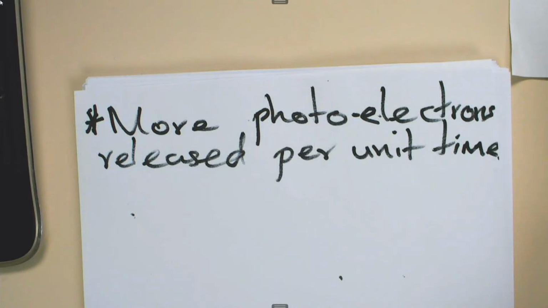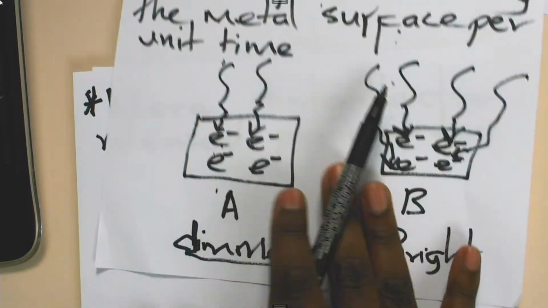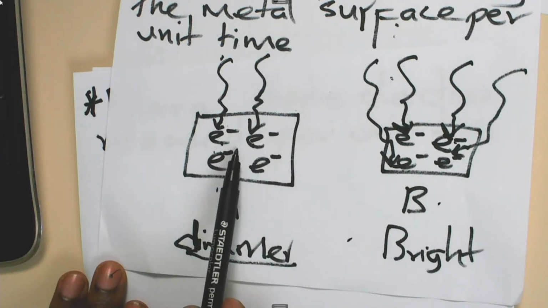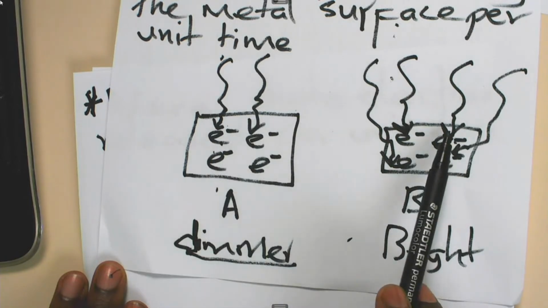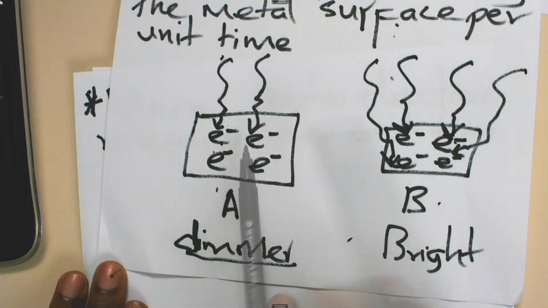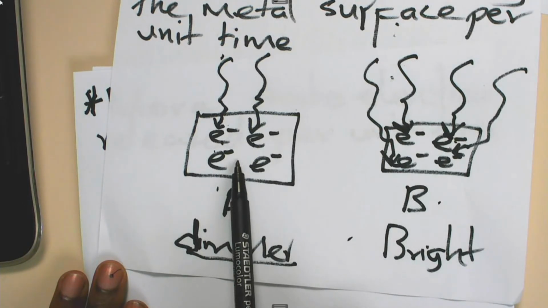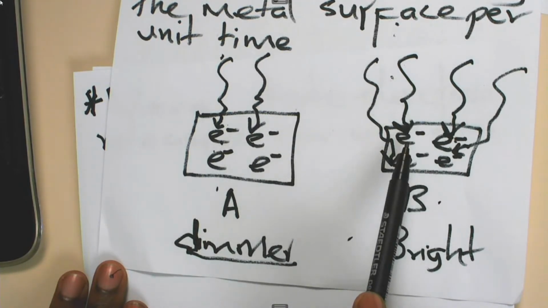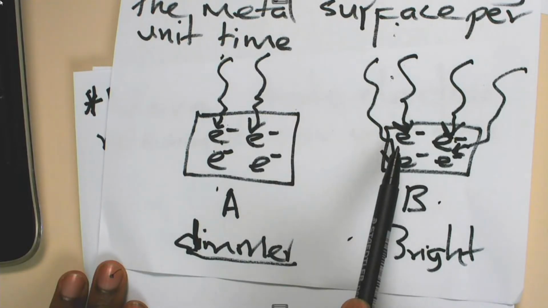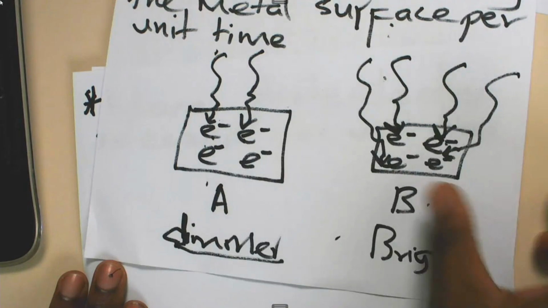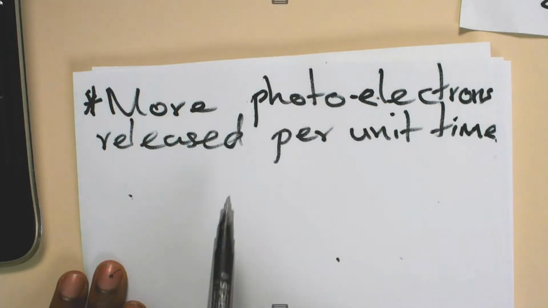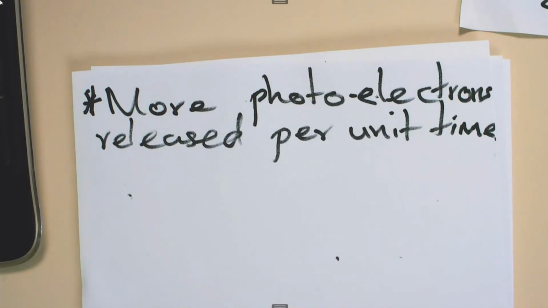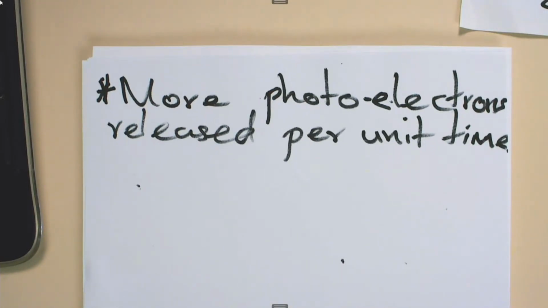And when you have more photons, we are moving from situation A to situation B. You had fewer photons hitting the metal here, and now you are having more photons hitting the metal here. Because you have fewer photons hitting the metal here, you are going to release fewer electrons, which will now be photoelectrons. And here, because you have more photons hitting the metal, we will have more photoelectrons released per unit time. That is how intensity affects the production of electricity or current